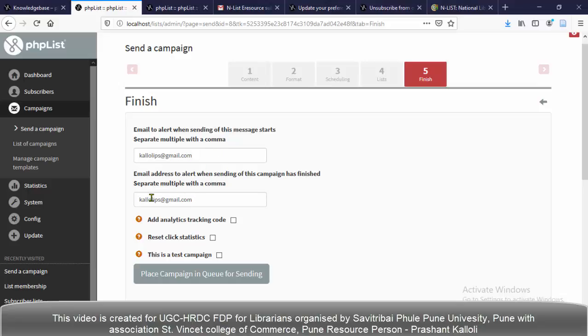Again, the second option, email address to, it's an email address. We have to give here the email address for sending off. When this campaign has finished, the system will send a mail to you saying that this campaign is finished. So after finishing the campaign, the mail will be delivered to your email ID. So that email ID we have to give here. So I am giving my email ID here,